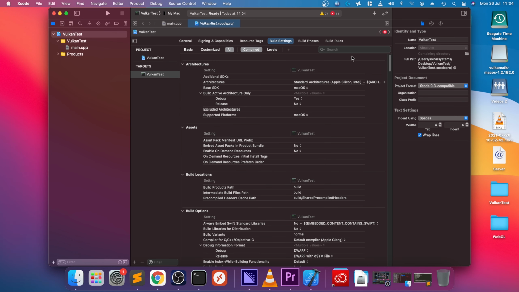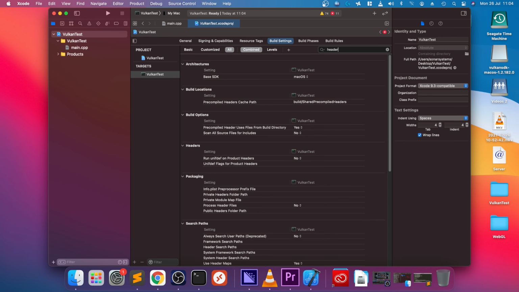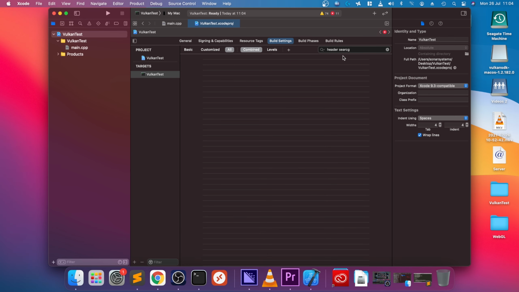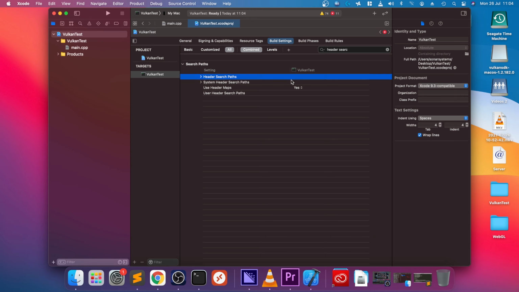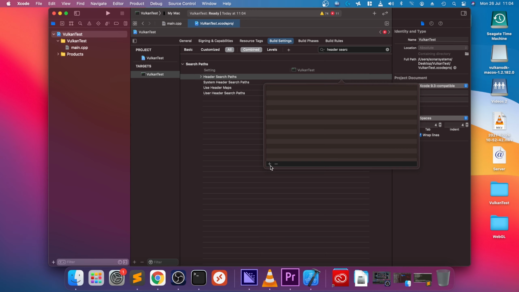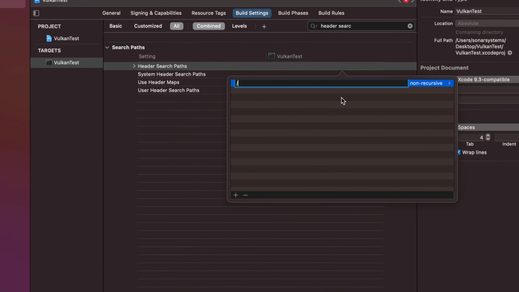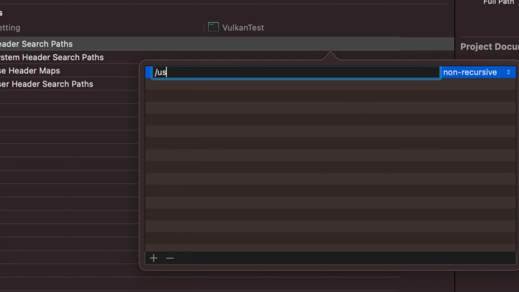So click all, and you want to search for header search paths like so, and go to header search paths, double click it and click plus, and in here we need to add a couple of search paths. But first one is /, let me zoom in a bit, /usr